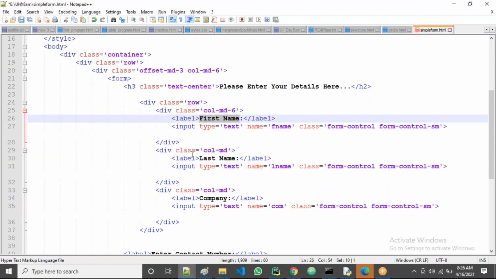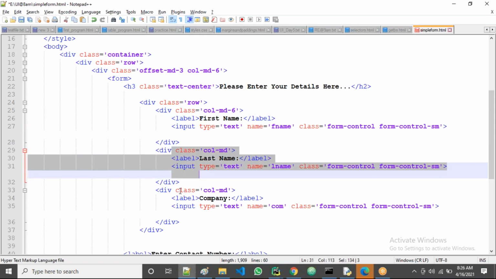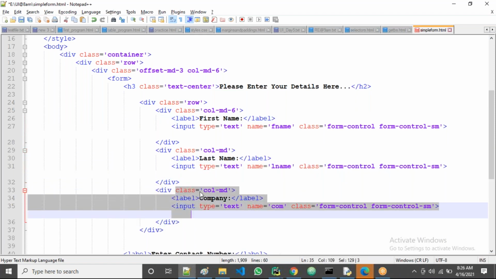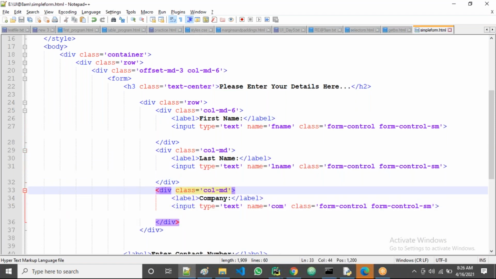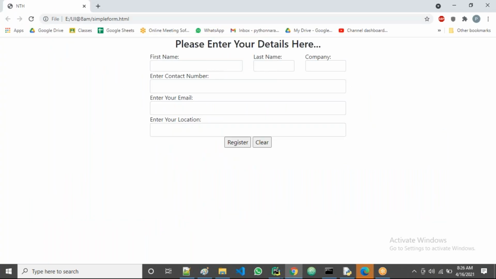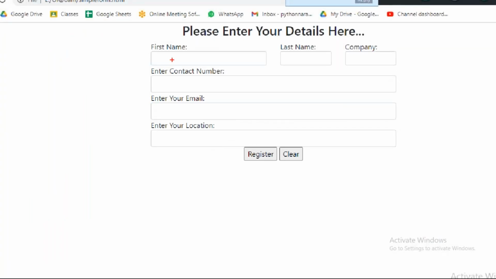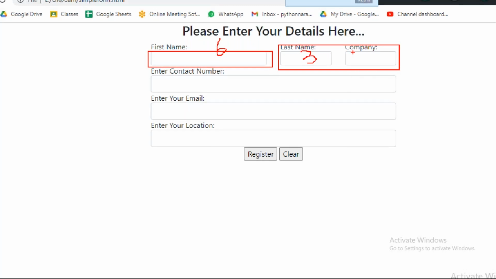Then how many columns does each of the last name and company divisions occupy? Yes, guys, three columns, because for first name I already gave 6 columns. The remaining 6 are there, but there are 2 divisions, so each automatically occupies 3, like that. You can do it like this, guys.